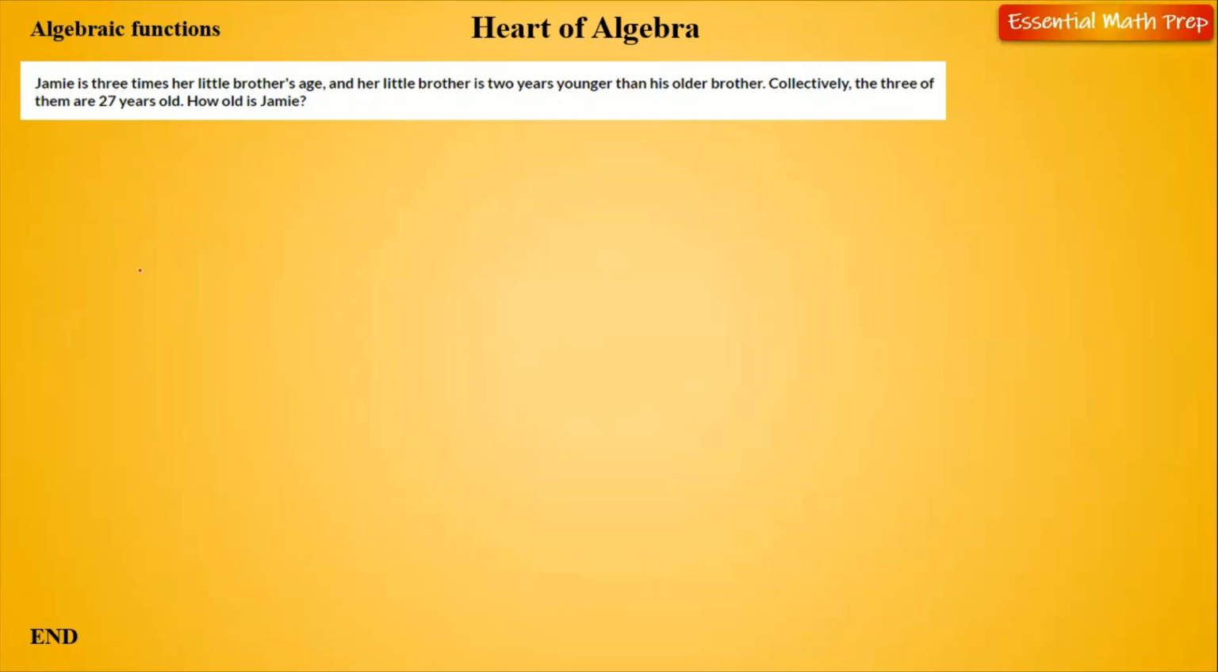Now, we don't know the age of Jamie, her little brother, or the older brother. So who should we assign X? And that's very critical, because you can probably assign X to Jamie or her little brother or older brother. I'm sure there's a way you can work it out so you get the answer. But if you can place the X on one person where it makes the problem so much easier, that is